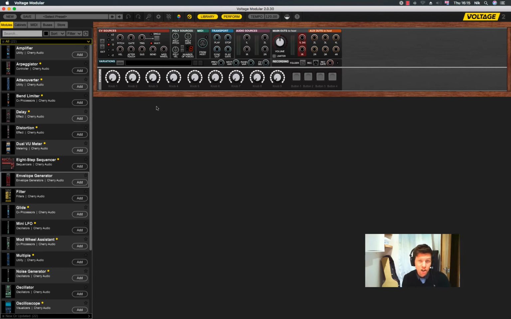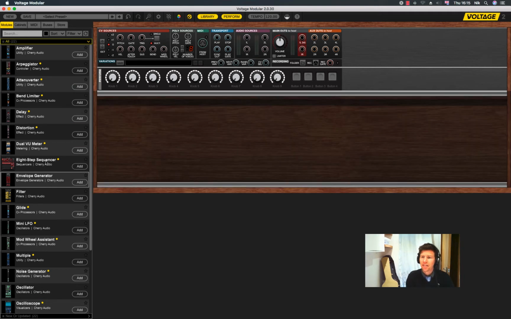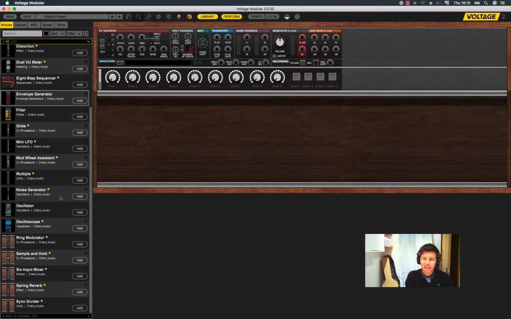This is a basic introduction to Voltage Modular. I'm going to show you how to create a very basic synthesizer on here. The first thing you'll need to do is to right click and click empty cabinet. And then you need to add an oscillator